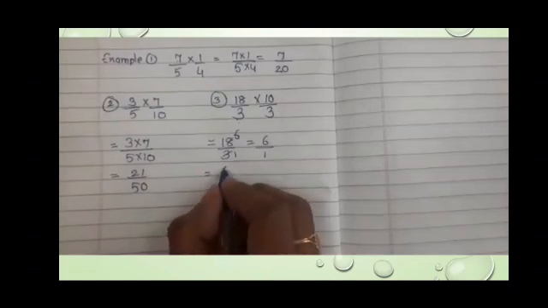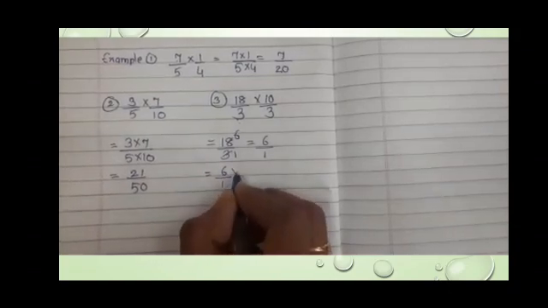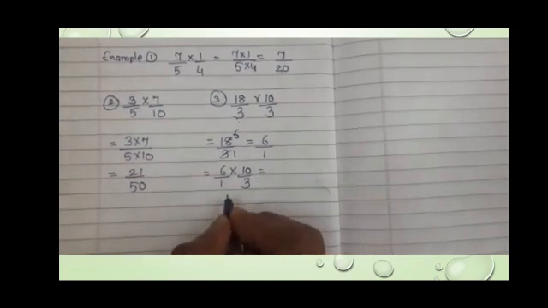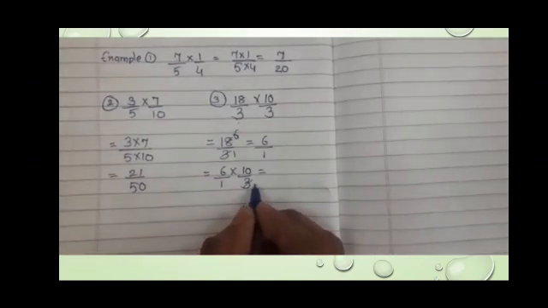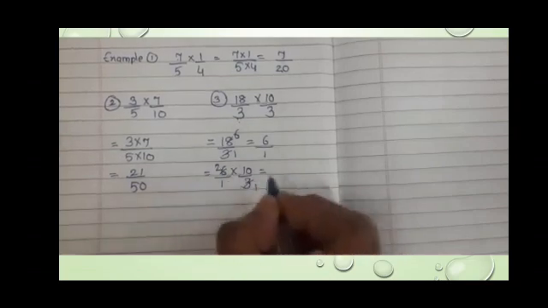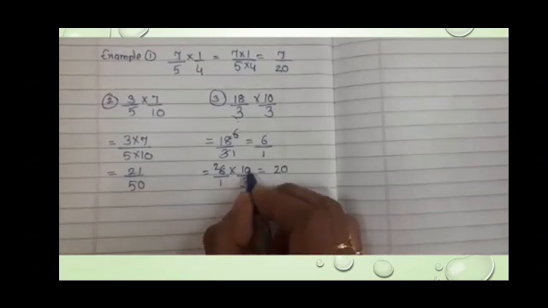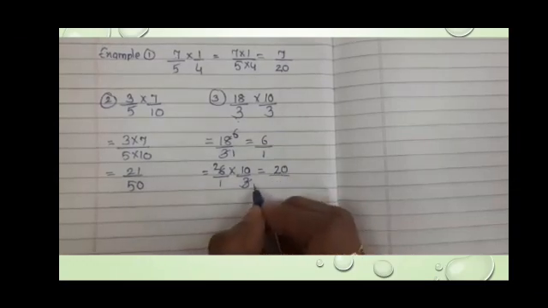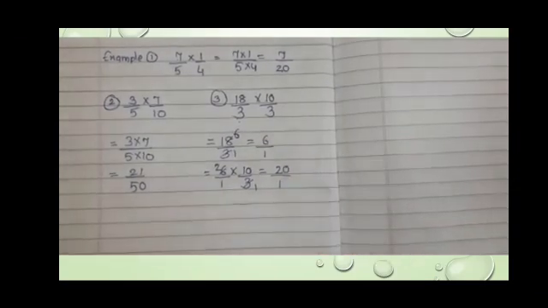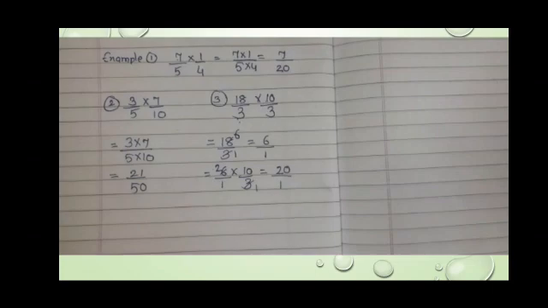So now your fraction is 6 upon 1 multiplied by 10 upon 3. Now see, again you can do your cutting. 3 ones are 3, 3 twos are 6. So remaining is 2 tens are 20, 2 multiplied by 10 is 20, and here it is 1. So this way is the first method you all can do.